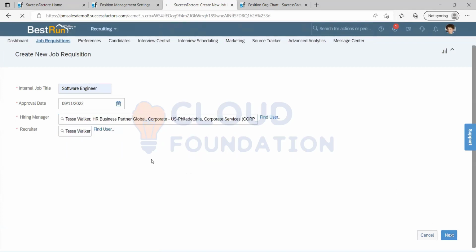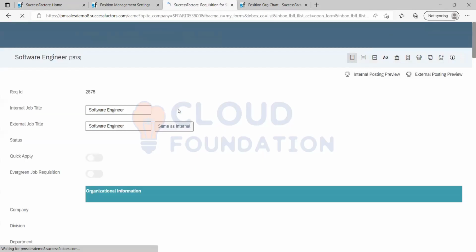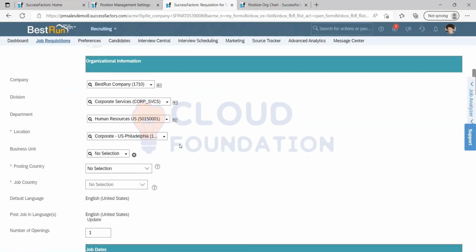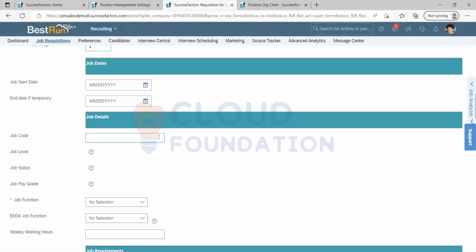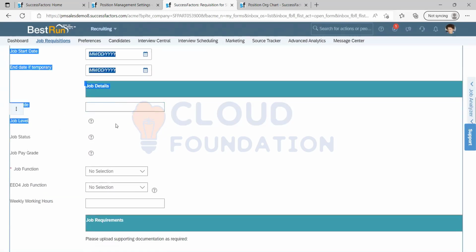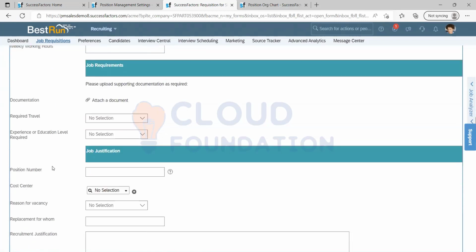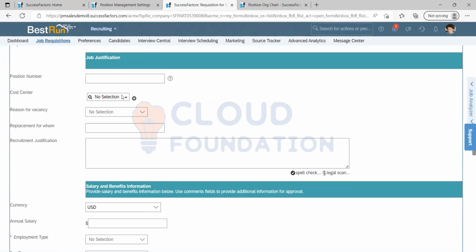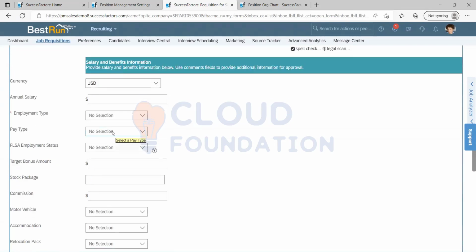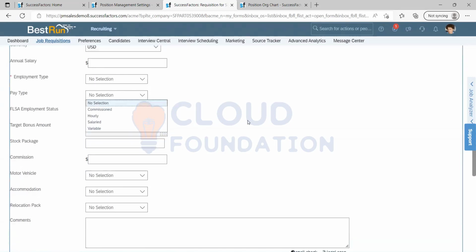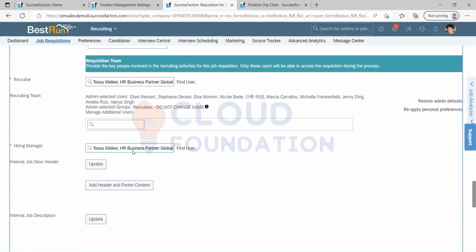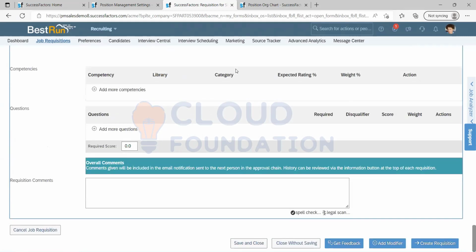Now I need to select all these people. I need to click on select next. Then I need to give all the details here. Job date, job level is not coming, job status is not coming, pay grade is not coming. Position number is not coming, cost center is not coming. I need to select manually. Pay type is not coming. Currency is not. So in order to mitigate this, to make life simple, what we are doing is